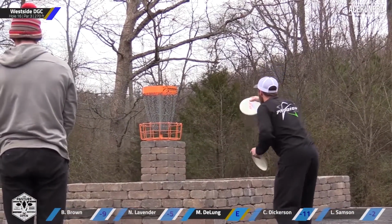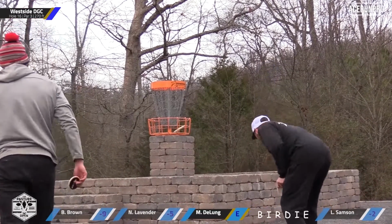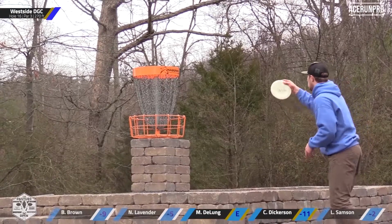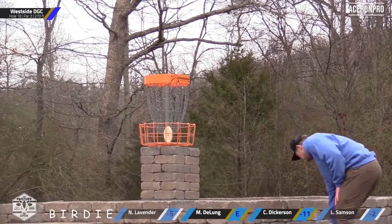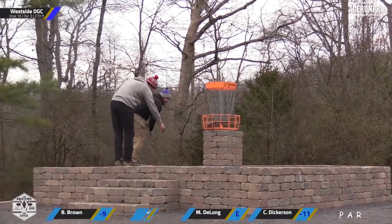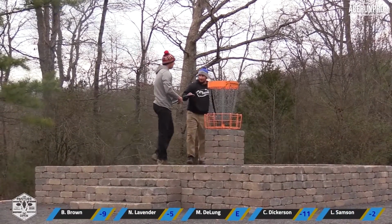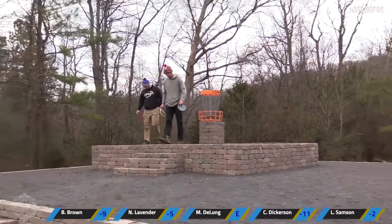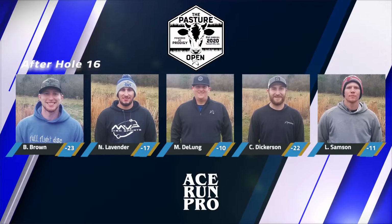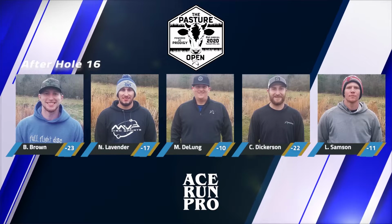Luke a little frustrated there. He's missed a couple putts within the last couple of holes, except for the long one on the last one. And Brandon and Chris just can't stop birdie. Yeah, they are really enjoying the tap-in birdies along the last couple holes. Nice birdies for them as we're moving into hole 17, which is a par 4, as we're seeing the scores